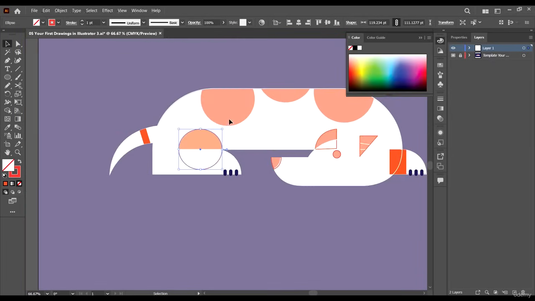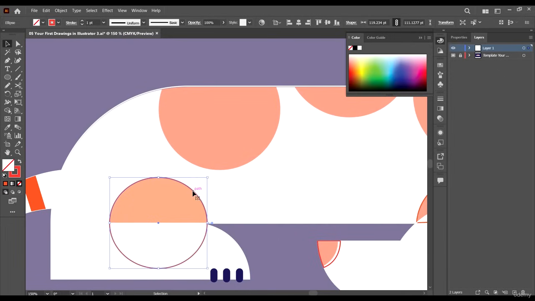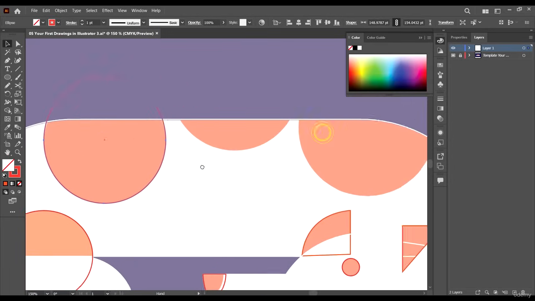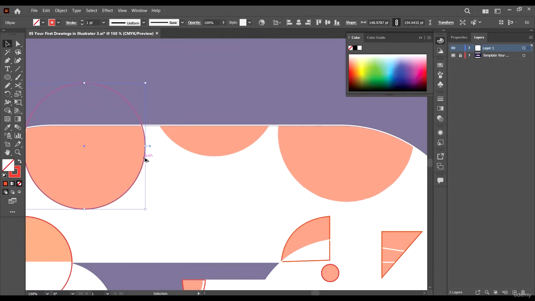Good. And for these other ones, all you need to do is hold Alt and duplicate your shape like this, and increase the size to make it appear perfect. Hold down Alt and also duplicate this guy, increase the size to make it perfect, and finally hold down Alt to duplicate this guy and reduce the size.